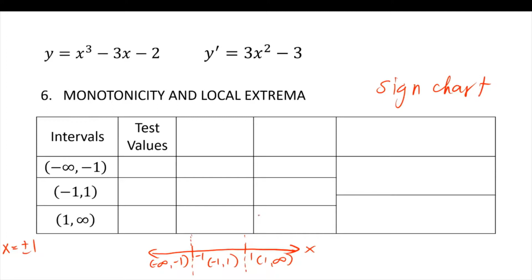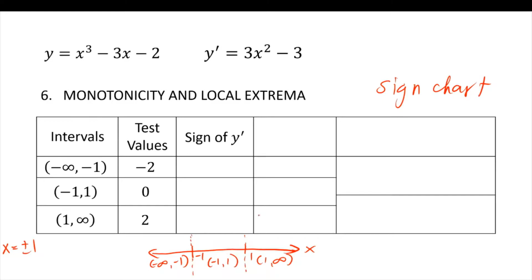Okay, for the first one, negative infinity to negative 1, just choose any test value, or just choose any x value within the interval. Let's say we use negative 2. Okay, then negative 1 to 1, we can use 0. Then lastly, for 1 to infinity, we can use 2. Next is to